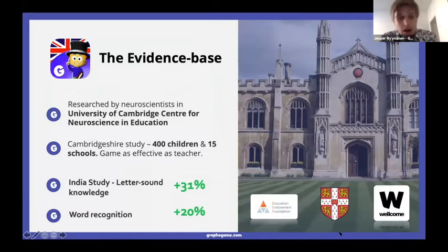And in that RCT, they had 400 children and 15 schools in Cambridgeshire. And it proved that our game was as effective as a teacher in teaching early literacy or phonics. And in India, we even saw that letter sound knowledge improved among children by 31% and word recognition by 20%. So it's very